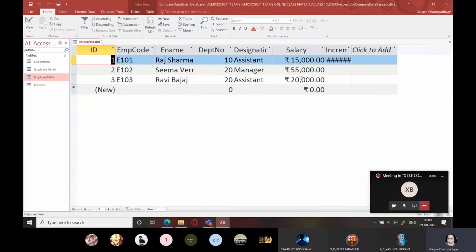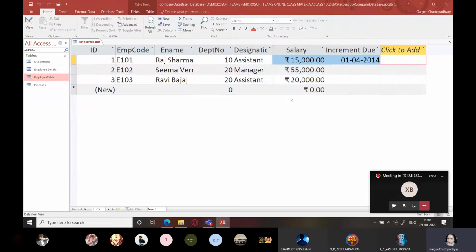In the employee table, I'll take salary and fix the minimum salary as 5,000. Even if somebody has not entered any value, the default value will be considered as 5,000, but the data entry operator can change that value according to his or her requirement.